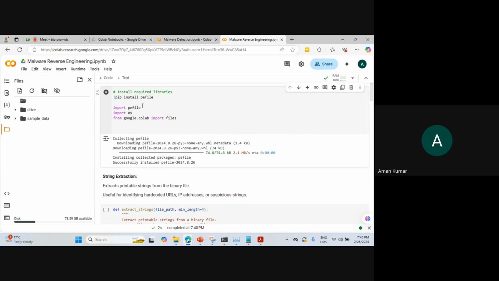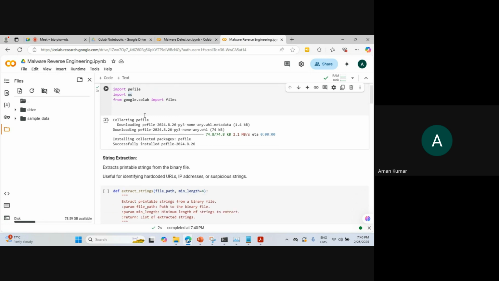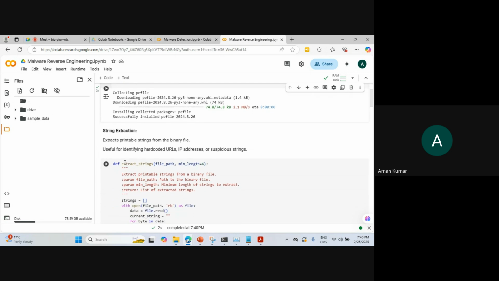pre-built and available, and the OS module that I will be using is just for opening a file, like for selecting a directory. Thereafter, I have used google.colab for importing a file, so that there will be a file upload button. With that button we will be able to select a file. After this, the first task that we have to do is,